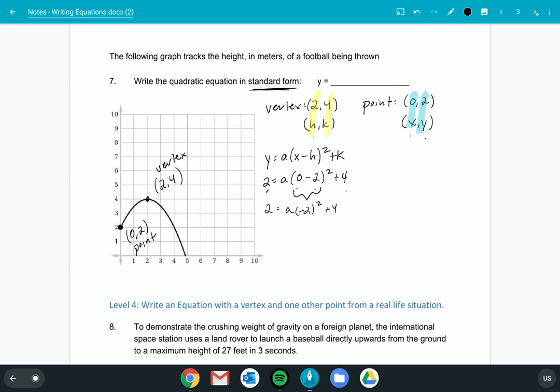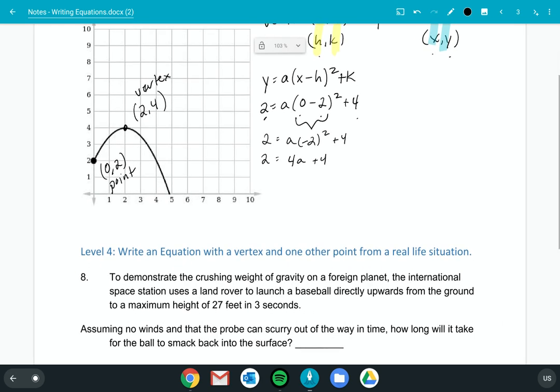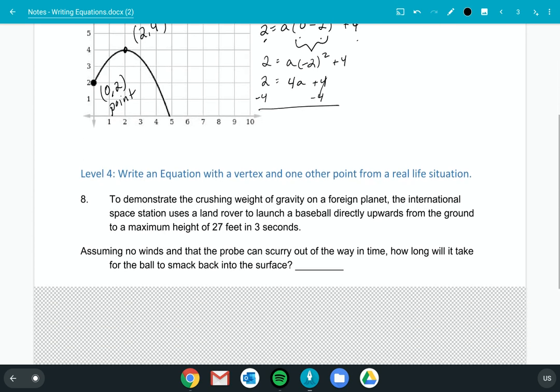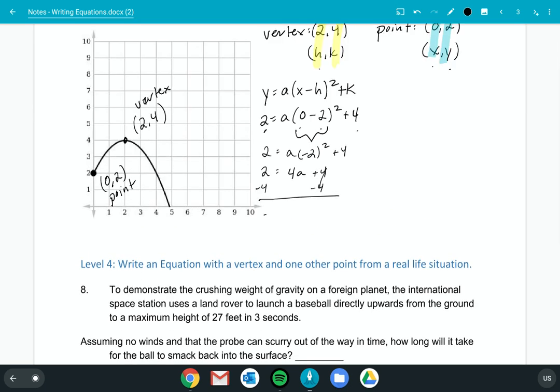Negative 2 squared, so negative 2 times negative 2 is positive 4 times A, plus 4, and then we just solve it from here. So I'm going to subtract 4 from both sides, which gives me negative 2 is equal to 4A,